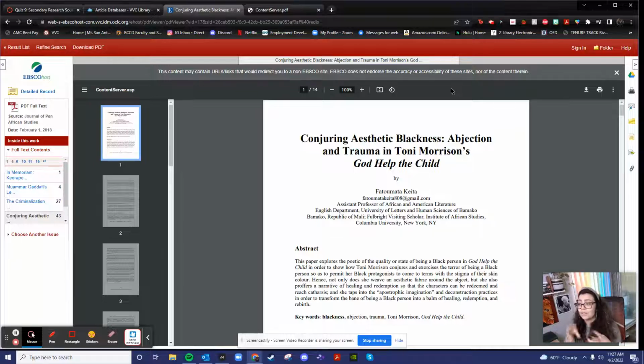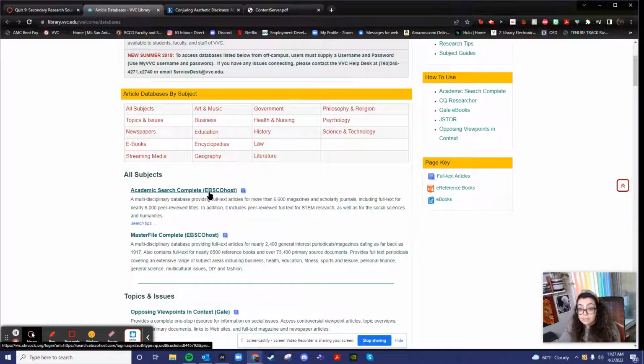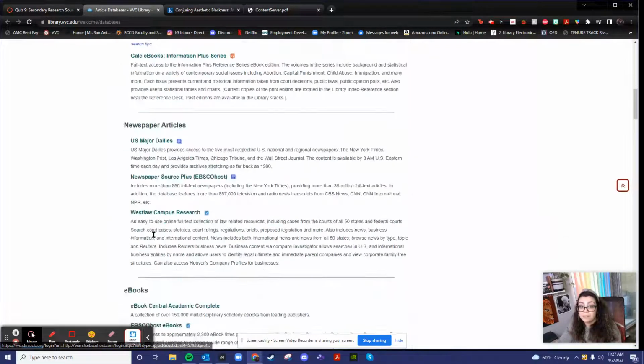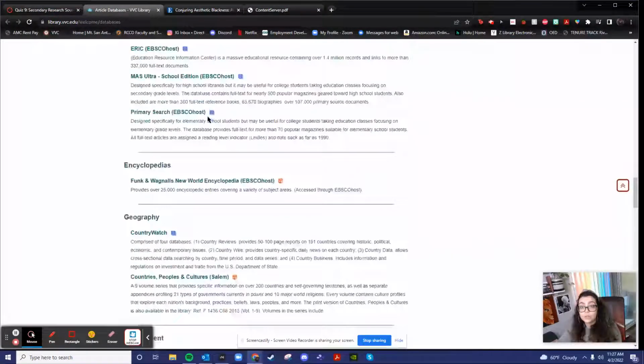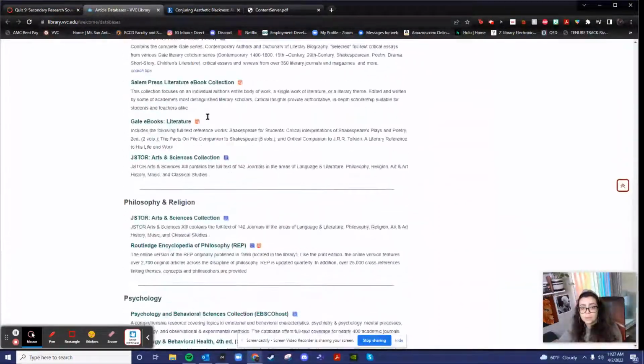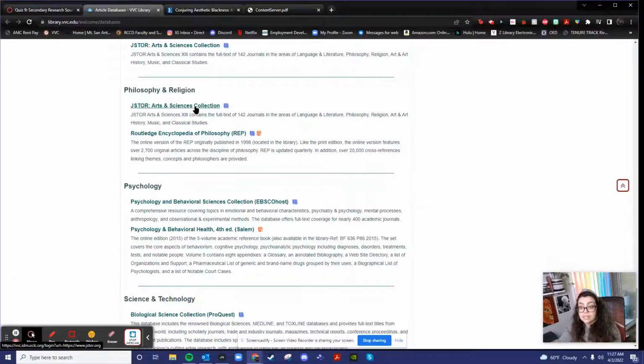Some of them work. You find an article that you're like, hey, this is really good. And then you find out it's unavailable and you're like, great, let me find it somewhere else. So if that ever happens to you, you can look into different ones. Remember, this is just one database. There are a lot of other databases. There's Gale, there's JSTOR should be available too. Yeah, JSTOR, Arts and Sciences, right? So if you click on that,